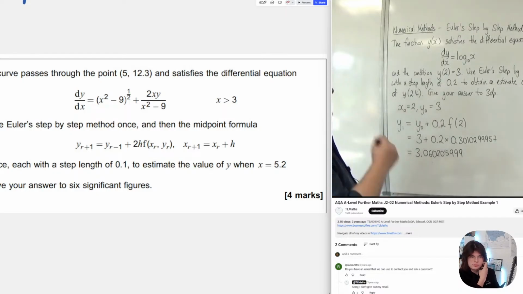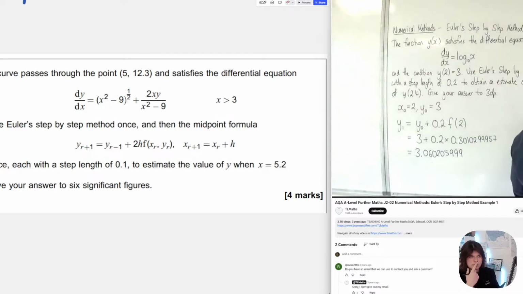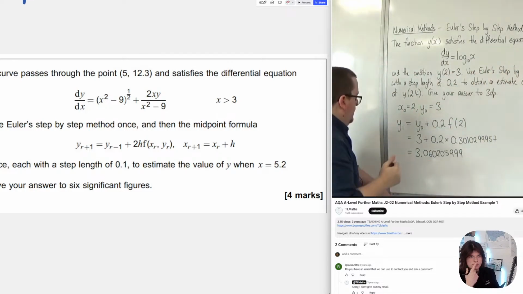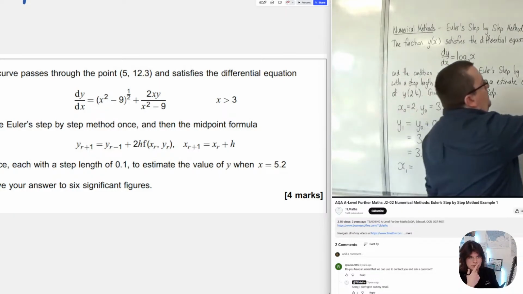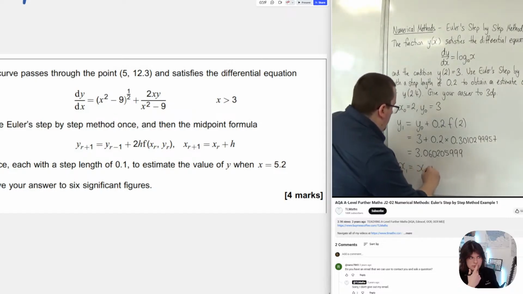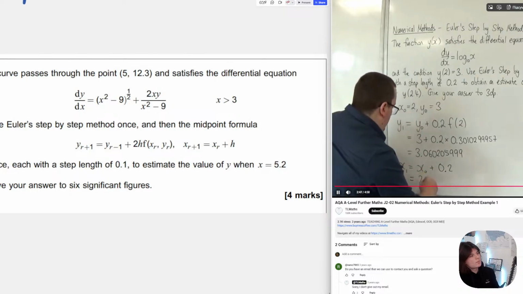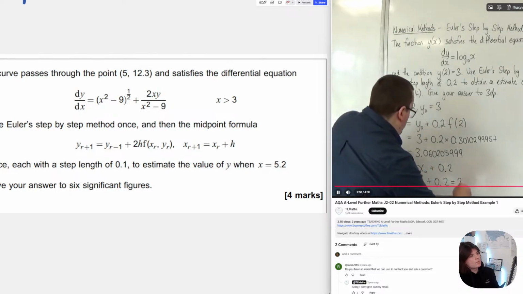Now, I need to get to y2, but in order to get to y2, I'm going to need x1. Okay, so I need my next x value. Now, the next x value is the previous x value plus h. So that would be x0 plus the step length, 0.2. So x0 was 2. So we should have